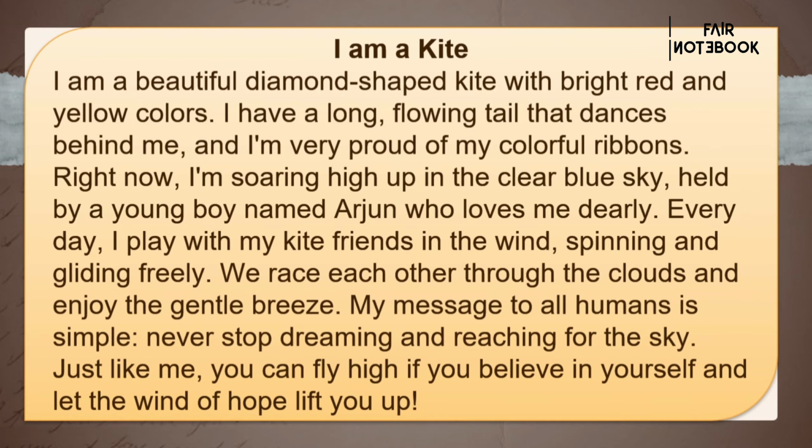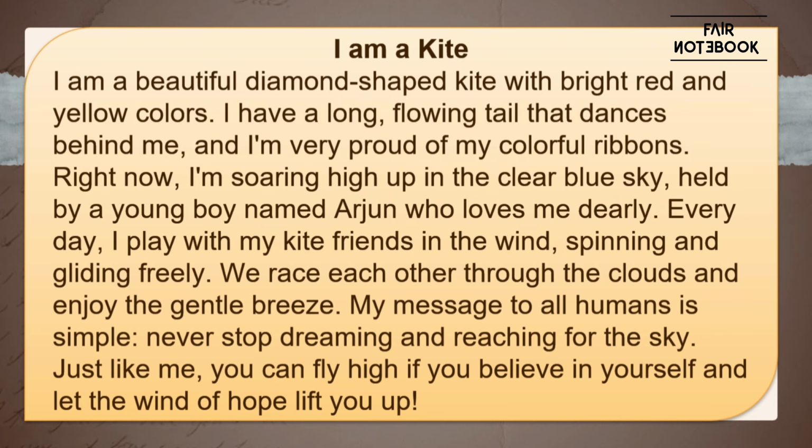Answer: I am a kite. I am a beautiful diamond shaped kite with bright red and yellow colors. I have a long flowing tail that dances behind me, and I am very proud of my colorful ribbons. Right now, I am soaring high up in the clear blue sky, held by a young boy named Arjun who